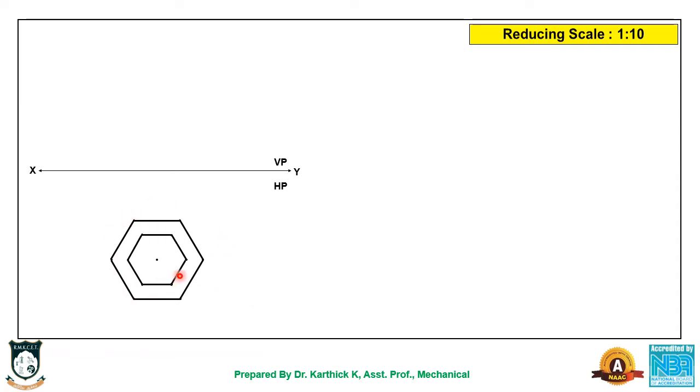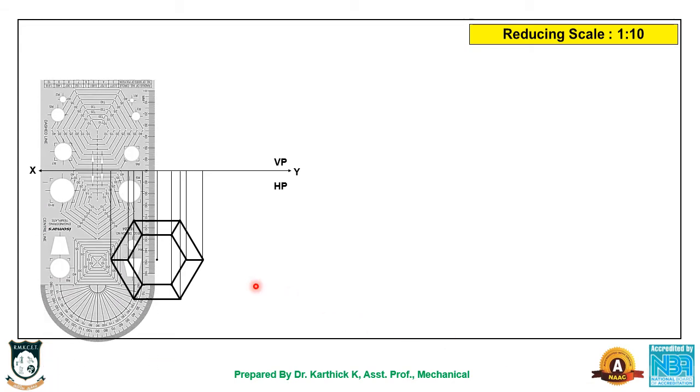See, it is a waste paper bucket. The bottom hexagon is slightly less in size as compared to the top. So this is actually the bottom and the outer one is top. So these edges will be visible while viewing from this top side. So from each corner you have to draw a projection line. So you know the height is 70 mm. So draw a 70 mm line from the projection line which is coming from the center, right?